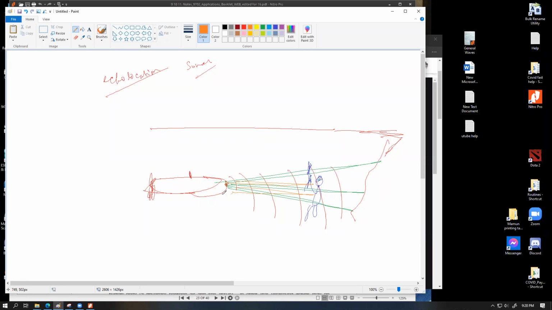This is bound to happen. You have physical objects which are reflecting a portion of the wave. Now, you do understand that these green reflections are definitely going to take a much longer time compared to these orange reflections. This is obvious because this person is close and this boundary is farther, which means whenever